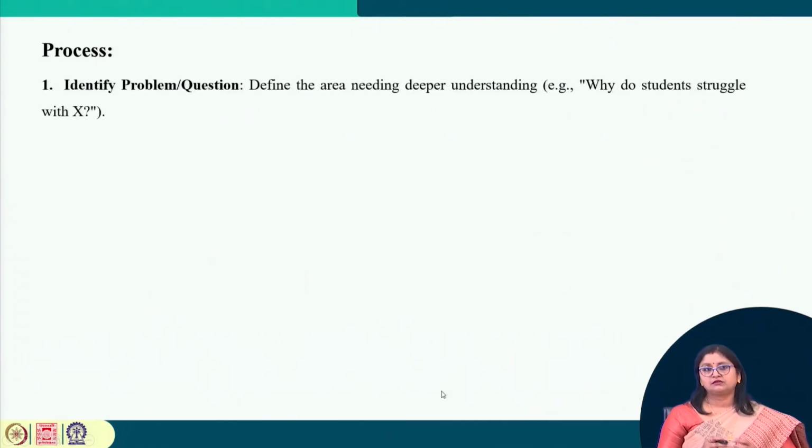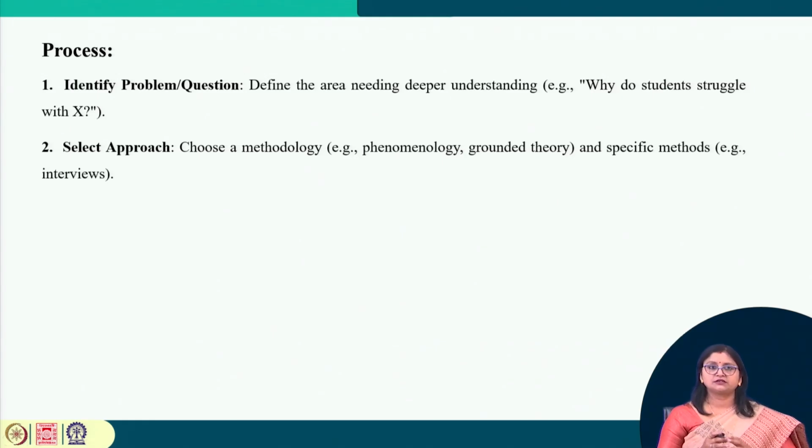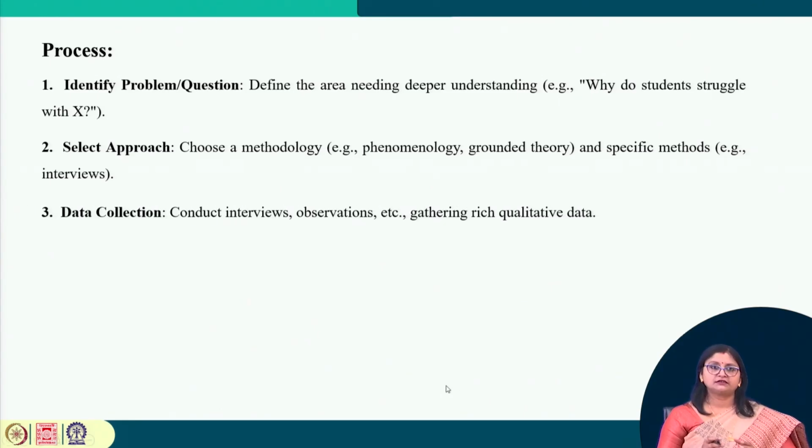Now, we will see the process of qualitative research. More or less the process of research is the same: first you have to identify the research problem, the question, define the area needing deeper understanding, like why do students struggle with this subject in class 10th, and select the approach, choose a methodology, phenomenology, grounded theory, or any other method or technique like interview,